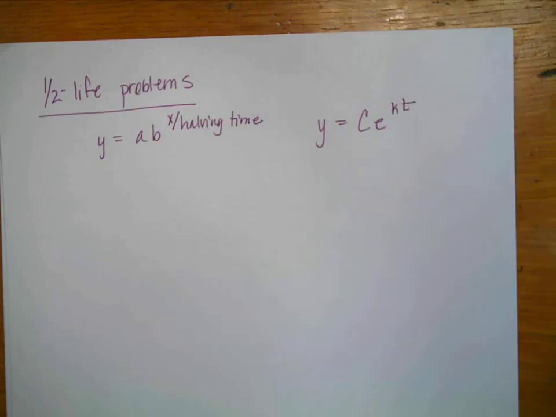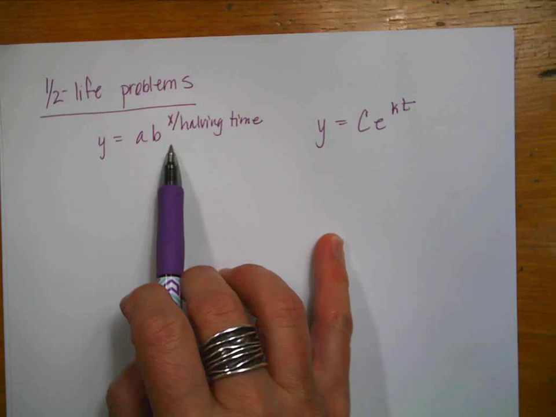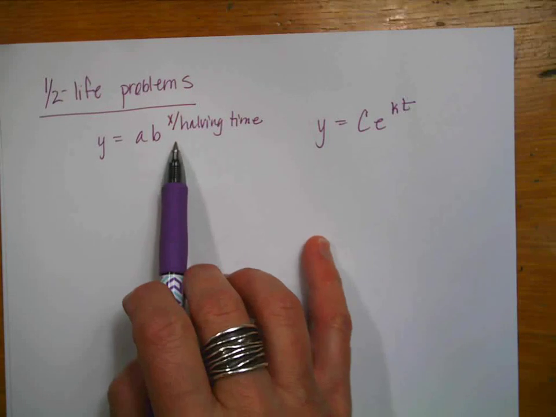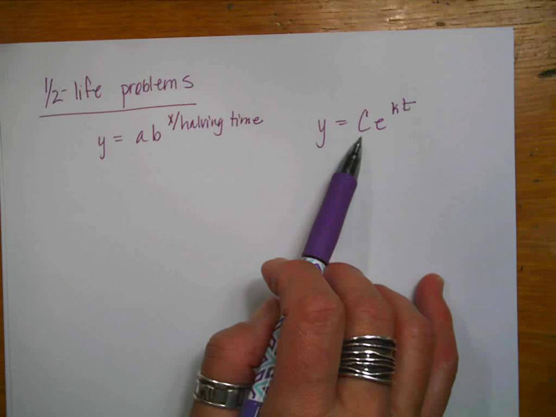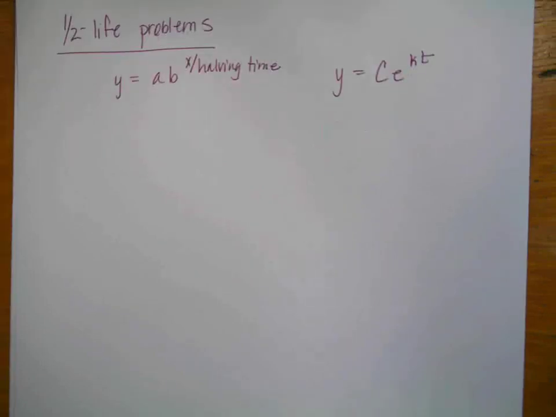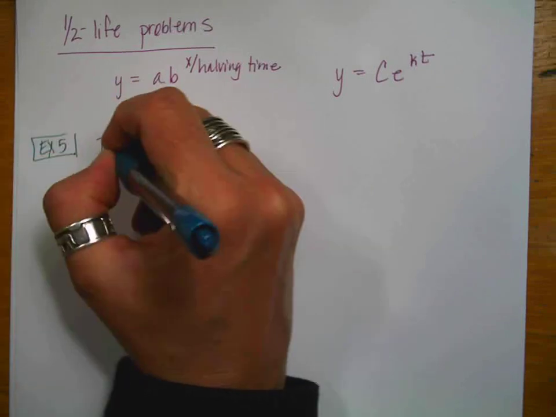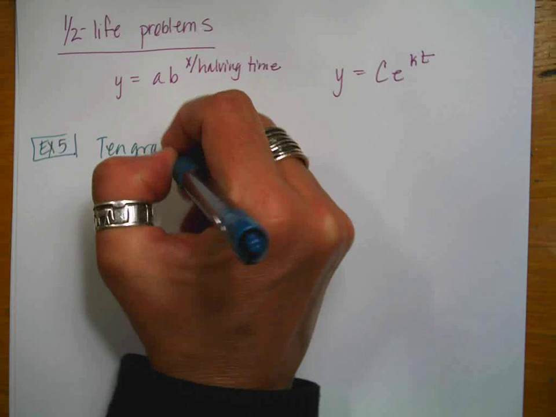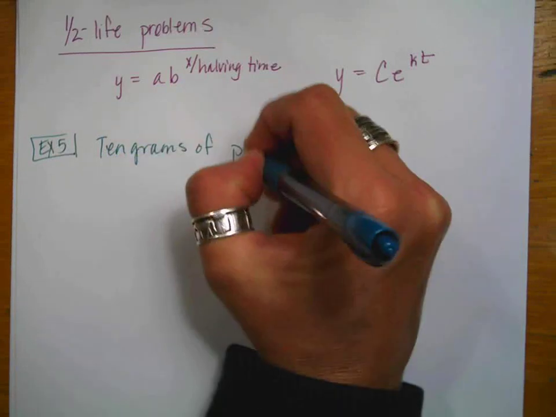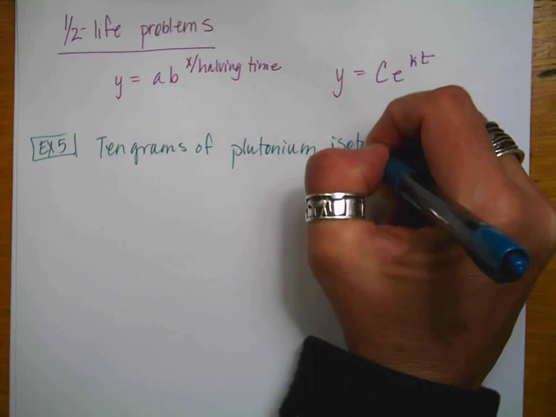But in calculus, we can still use Ce to the kt. I will tell you that if you use this equation for a half-life problem, the math is easier, but I'm going to do it with this one just to complete our last example. So for example number 5, we're going to have 10 grams of the plutonium